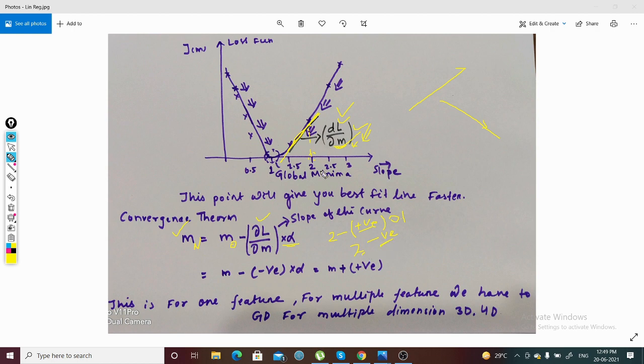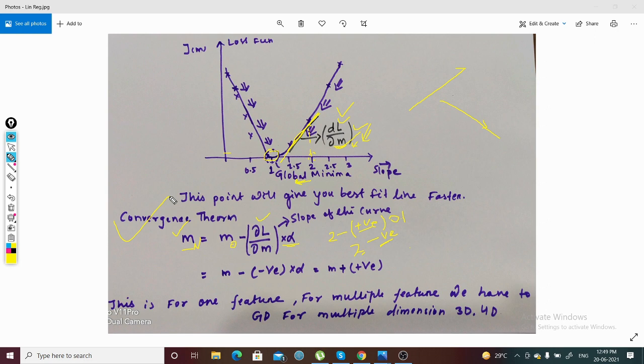So in order to reach the global minima, we have to take a value lesser than 2, to reach less loss, or the global minimum. This new value of the coefficient is going to be lesser than 2 in order to reach the global minimum. In this formula it has been proven.